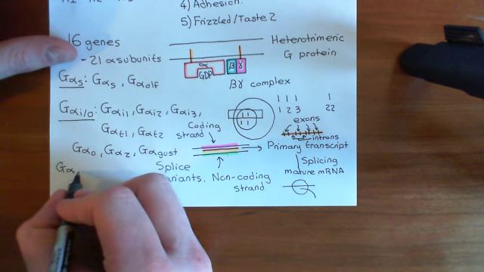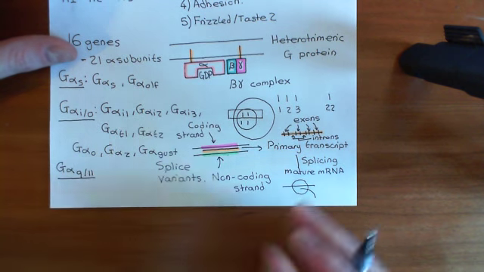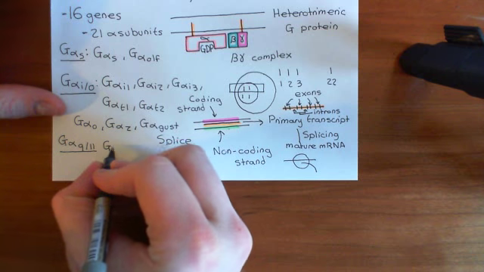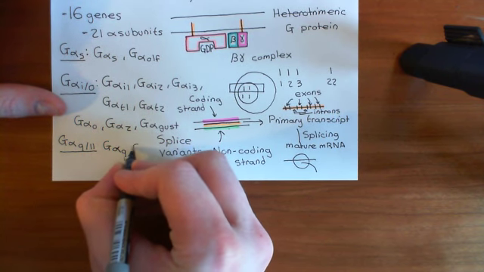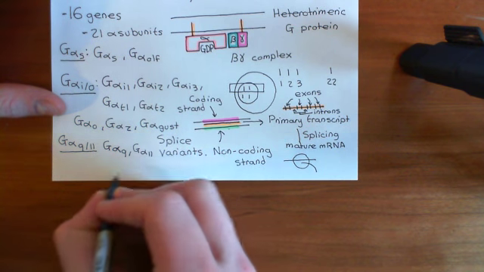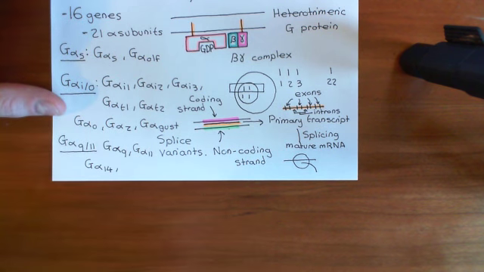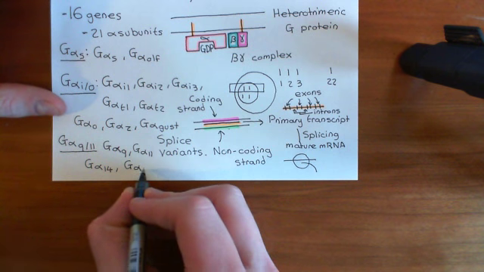The next family we're going to do is G alpha Q/11, and this has 4 members. Remember I said there were 4 overall families. We've done 2 of them now. Let's do this third one. The G alpha Q/11 family contains the G alpha Q alpha subunit, the G alpha 11 alpha subunit, and then also G alpha 14. And then this final one's a little bit more complicated. This is sometimes called G alpha